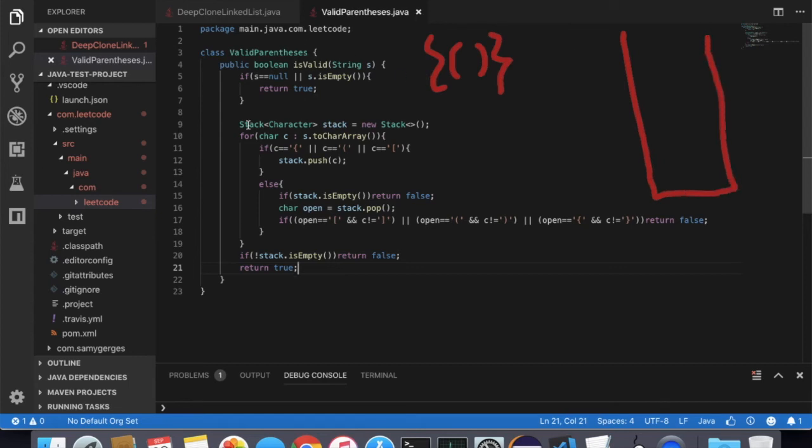So let's move in the code. First I define the stack, then for each character I move, is it one of the open ones? My cursor is here. So I push it, so we push the curly braces,